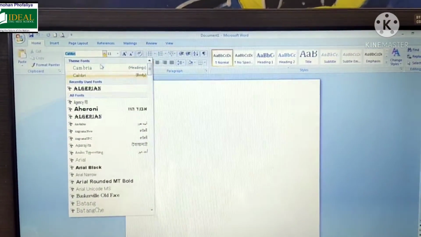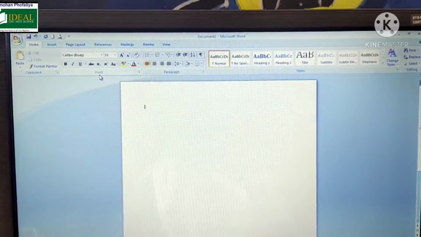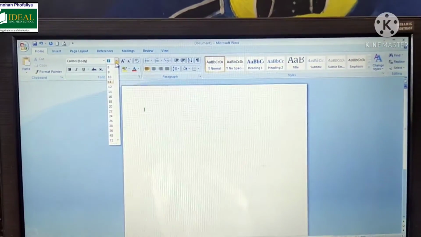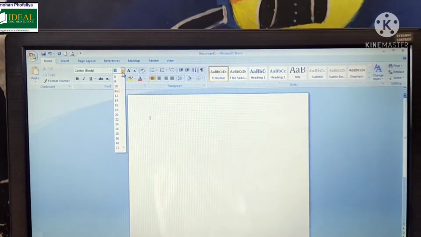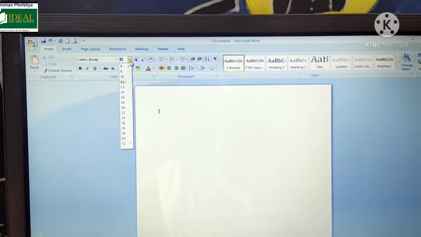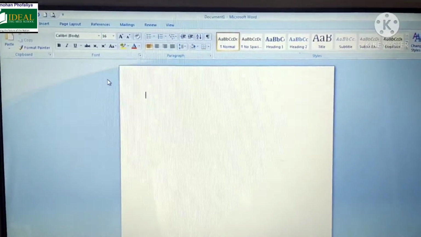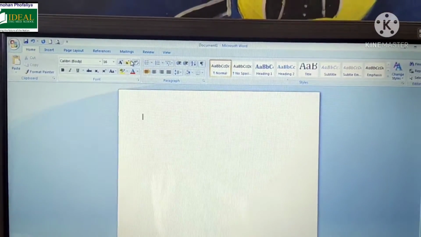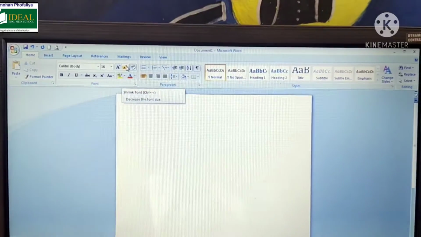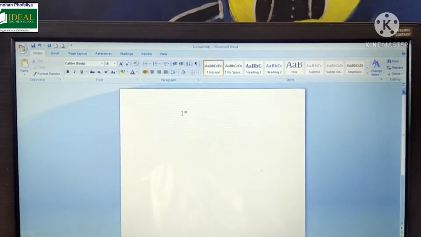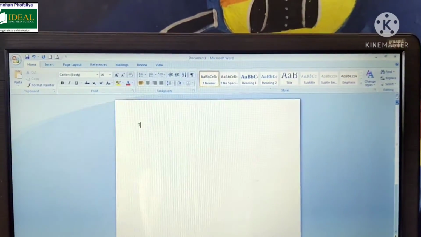Click on the arrow to see the drop-down menu of the font name. In the Font group, 11 point is the default selection in font size. Click on the arrow to see the list of font sizes. Click on a font size, for example, click on 16 points. The drop-down menu closes. Now we will type in a few lines about the tiger.